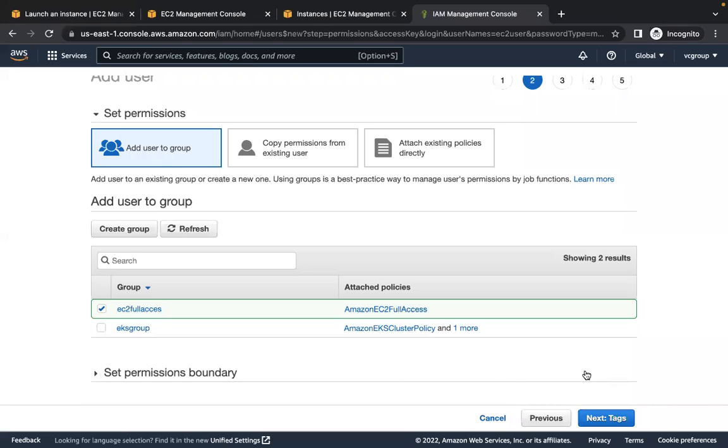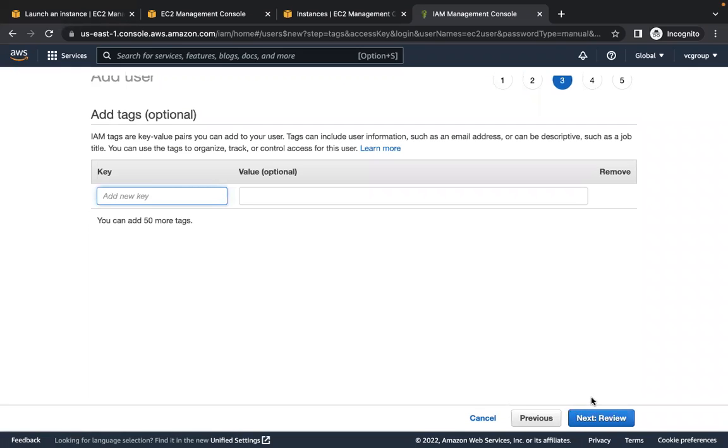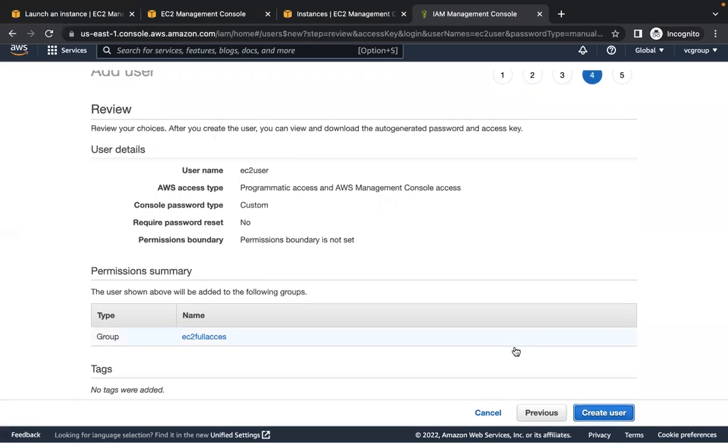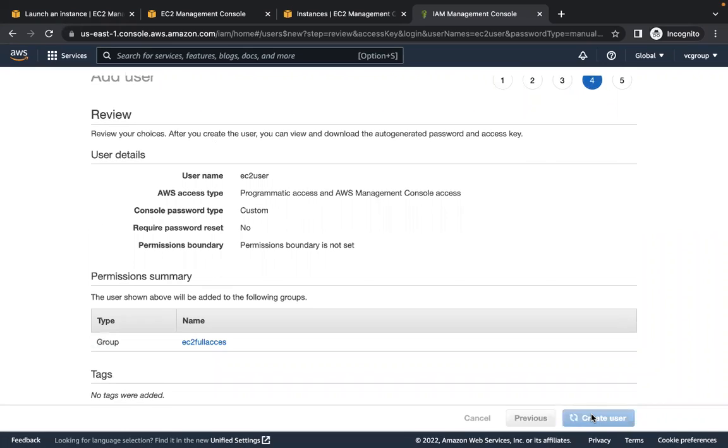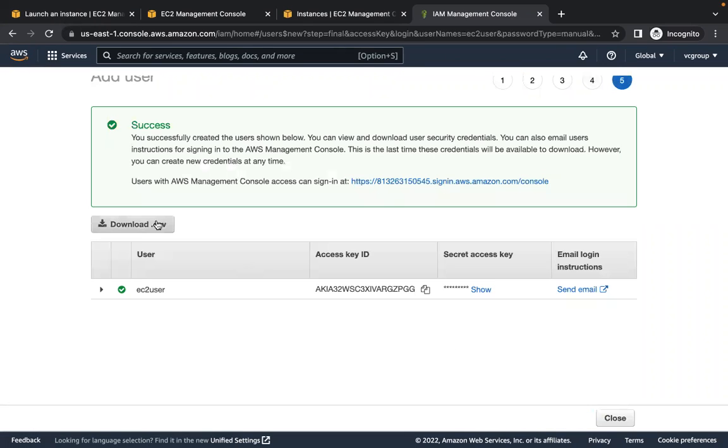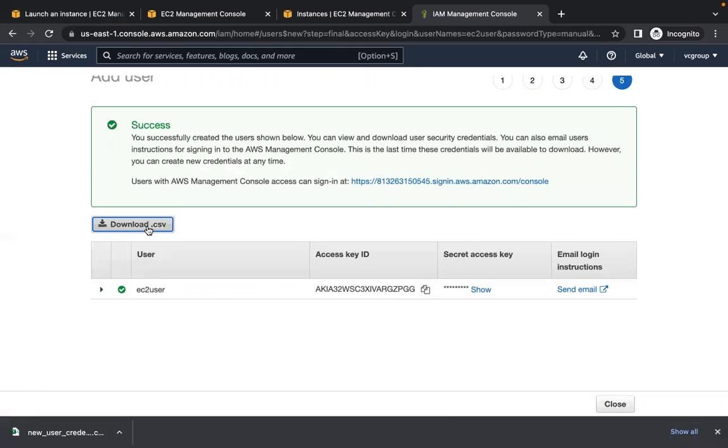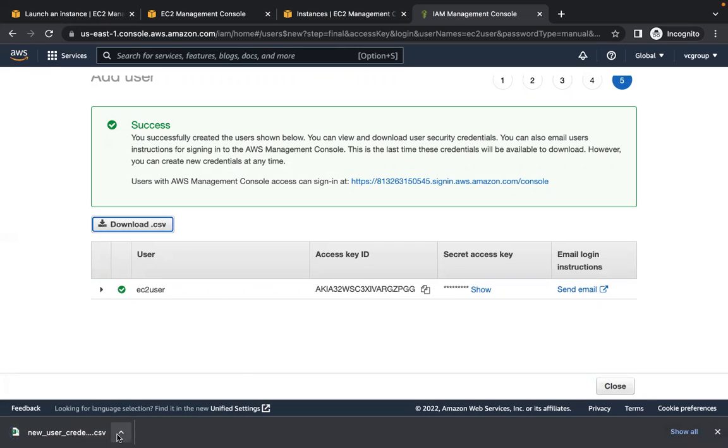Now, next, I don't need to provide any tags. I'll just create a user. And let's go ahead and download this CSV file. This is the place where you will have the access key, secret key, and all that kind of stuff. In the CSV file, what you will have,